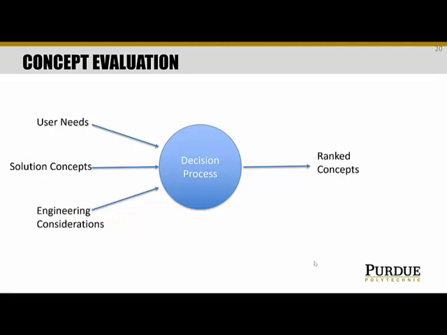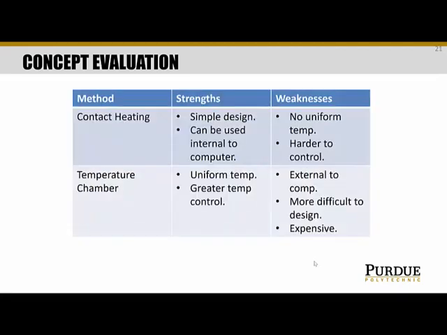And we're going to introduce a few different decision-making processes. Some of the most popular techniques are a strength and weakness analysis, a decision matrix, or a Pugh Concept Selection method. So I'm presenting here a strengths and weakness analysis of a proposed method for heating an Intel chip to perform